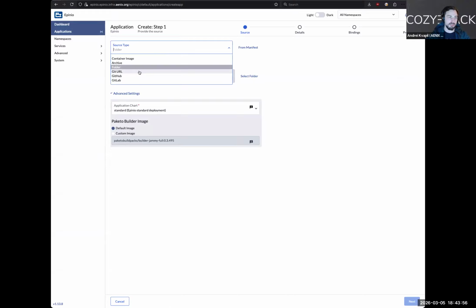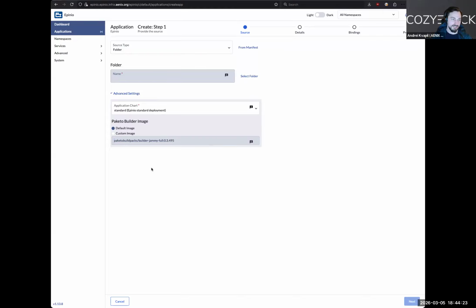It can be either a Git URL, GitHub, GitLab, or just an uploaded archive for the specific application. Then this application will be built from the buildpack. There is an image which will be used for building and pushed to the Docker registry. For now, Epinio works with its own Docker registry, and it ships with min.io, which I don't like. In our case, we already have Harbor, and I think it can be simply customized to use our Harbor instead.